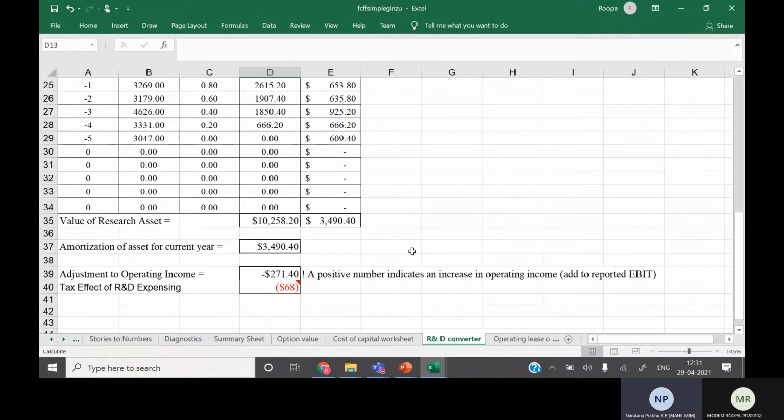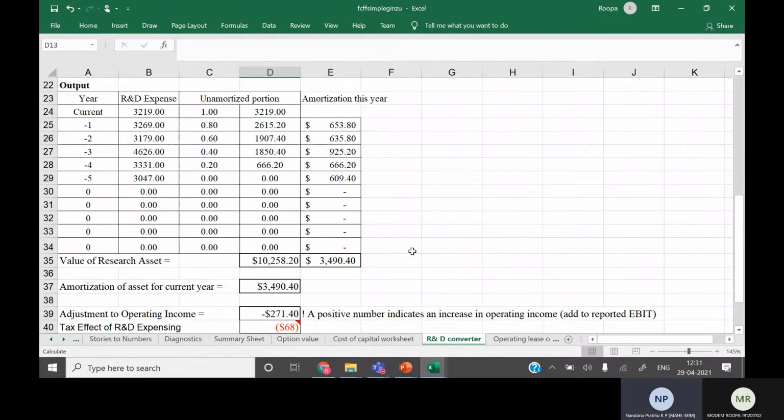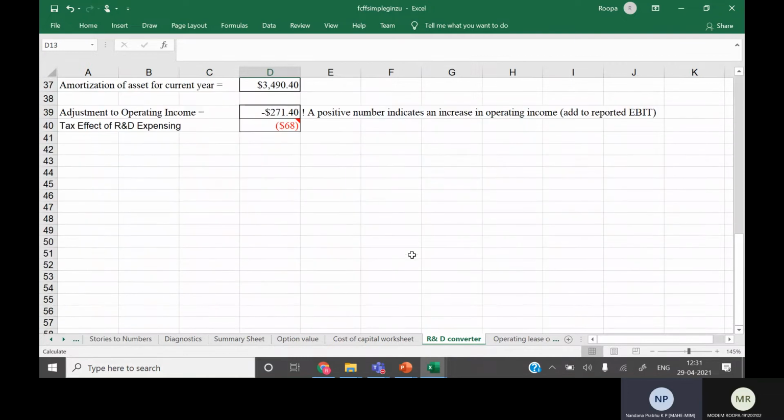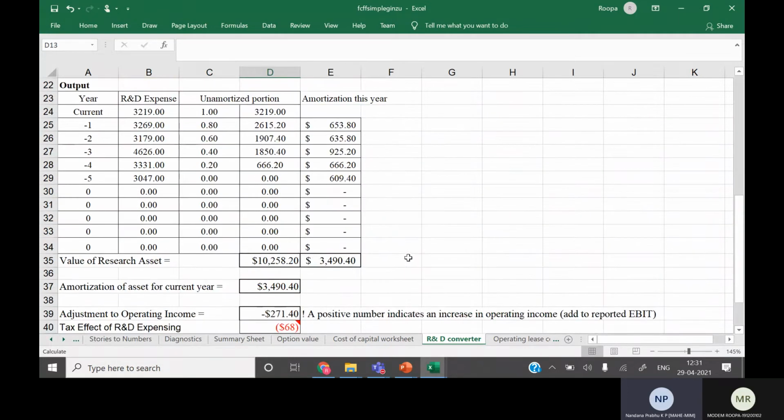amortization of the asset for the current year. Can you see something more? Is there something else? Okay, no. There is another Excel sheet wherein the number of years that every industry generally takes to convert its investments in R&D into a tangible asset is given. I will get that Excel template and upload it to MS Teams. So for how many years we have to amortize, you can decide depending upon the industry.